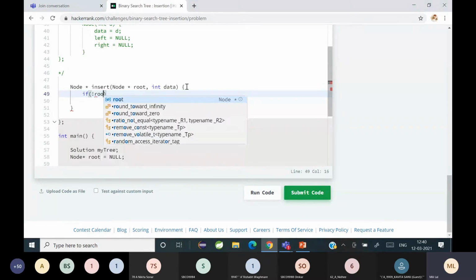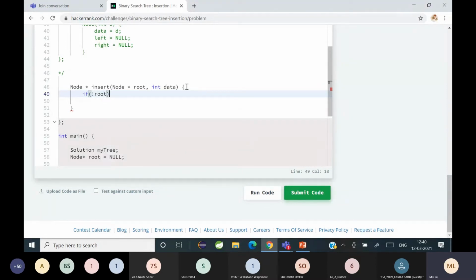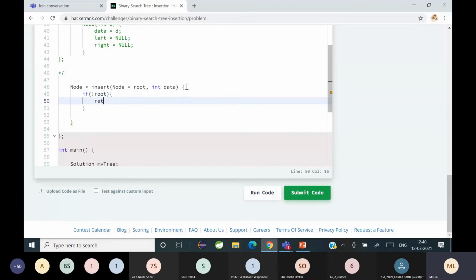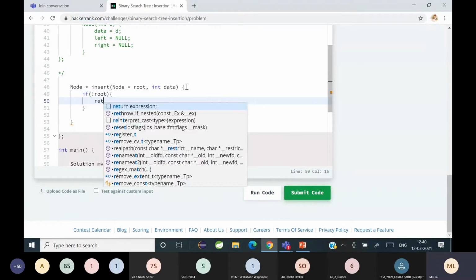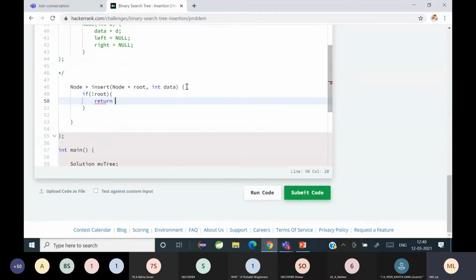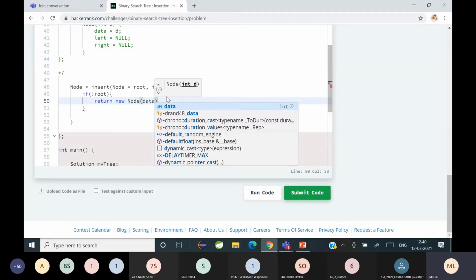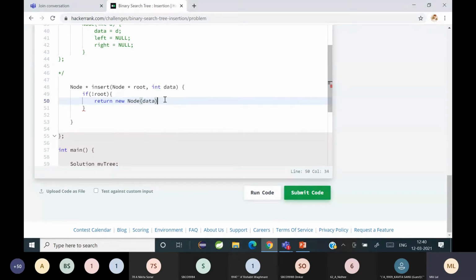If root is equal to null, you return a new node with the data. That is the first statement of the algorithm. If the root is null, meaning the tree doesn't exist, return the new node with the data value.